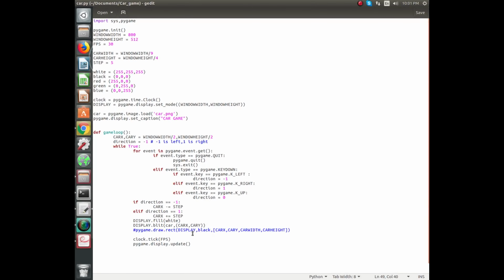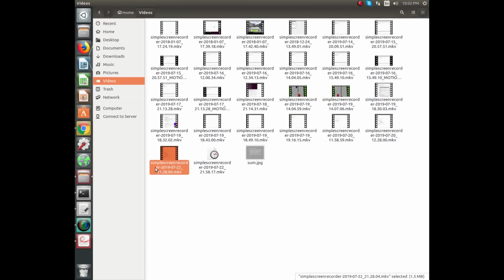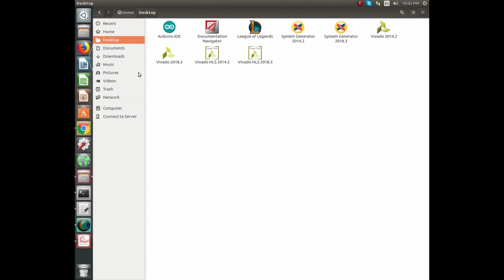So now what we want to do is draw a road to our window that will be basically our background where the car will move. The first thing that we have to do is load an image the same way that we loaded the car image. We will create a new image object with the method image.load. In our folder